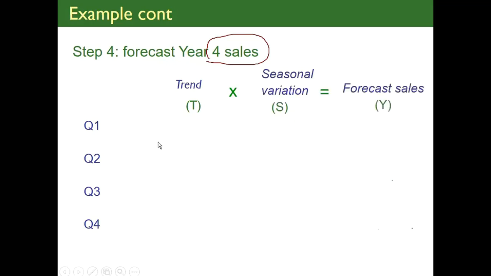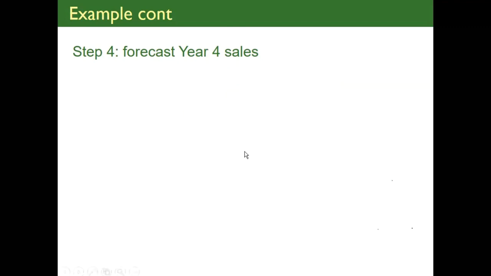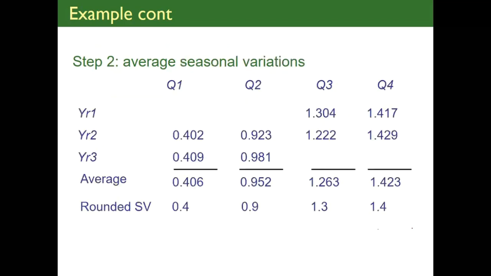So for quarter 1 in year 4, you say 91.88 plus 3 multiplied by 3. Now, why are we taking 3 multiplied by 3? Let me go back to the data and I will show you why we did it. Please allow me to go back to the data, because the data which was given to us,